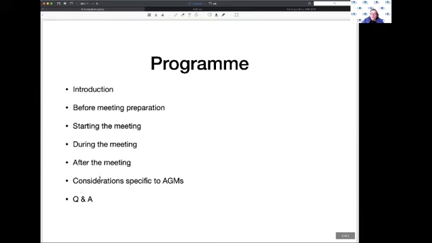The programme is introduction, which you're hearing now, and then Maggie is going to talk about preparation before the meeting and about the start of the meeting. Nigel will then take over to talk about what happened during the meeting and what might need to be done after the meeting. And we'll be introducing you to various ideas during all those presentations.